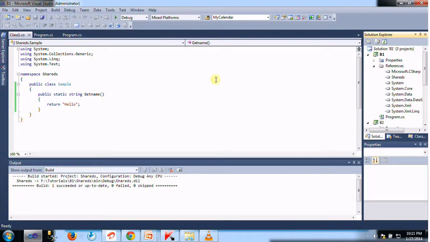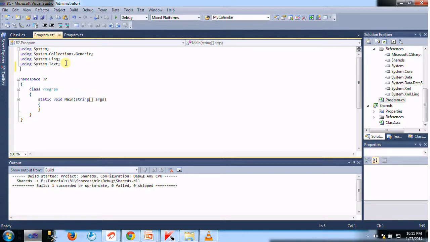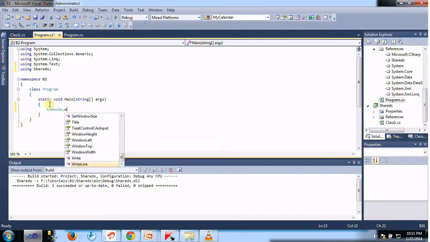And within my P2 application, since you are using the shared assemblies, import this namespace, shared assemblies. Within the main class I want to use the shared assemblies here, so Console.WriteLine.